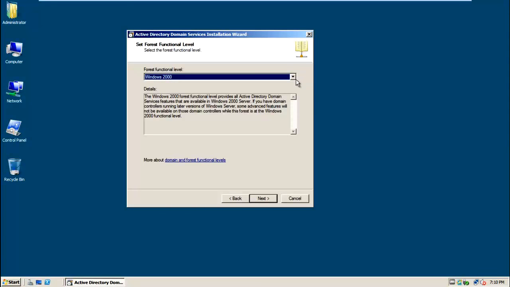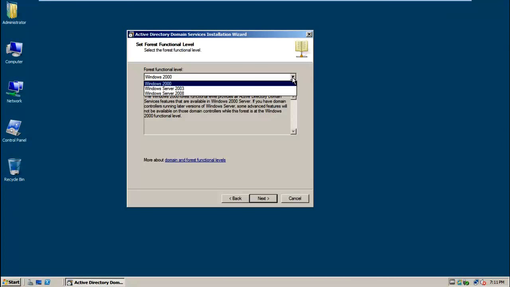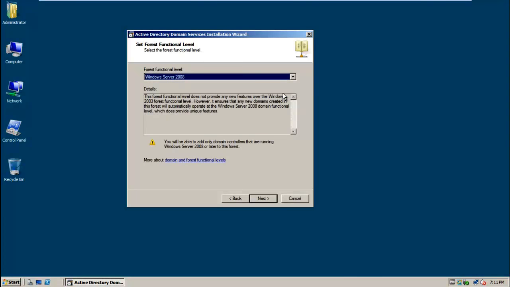So here it will ask me for the forest functional level. In later videos, I will discuss what the functional level is. But for now, as I won't go for any Windows Server 2003 or Windows Server 2000 servers, I will select my forest functional level as Windows Server 2008. Next,